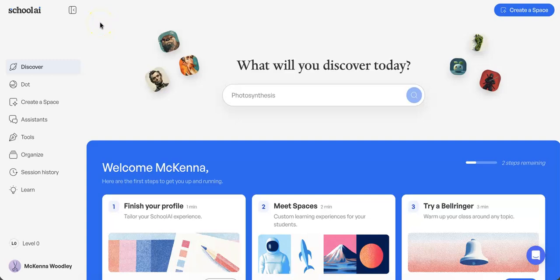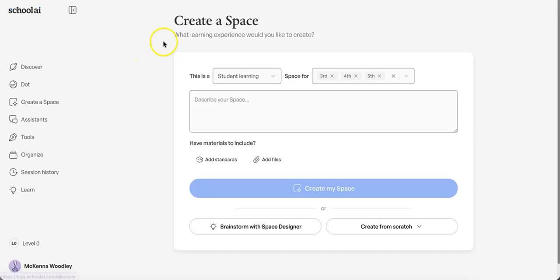Today I'm going to show you how to create a space in SchoolAI. Once you're logged into your account, you're going to go over here to the left-hand side and go down to create a space. On create a space, if you know exactly what you're looking for, you can describe your space and then refine